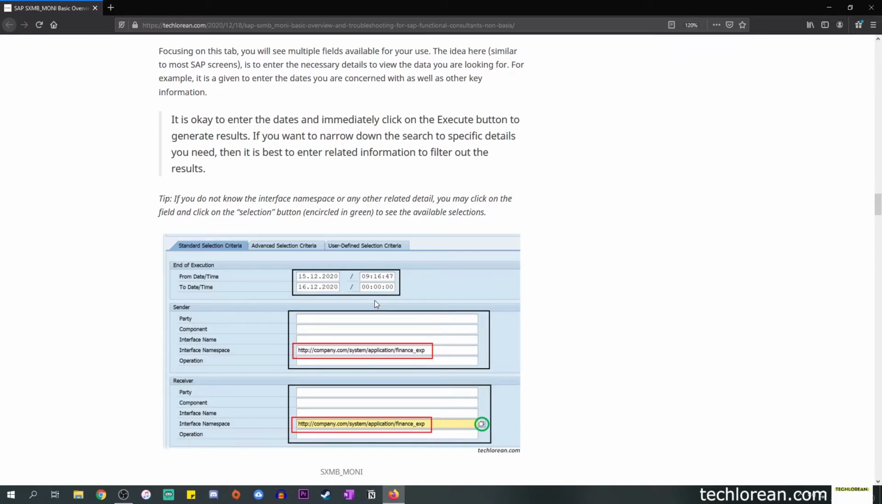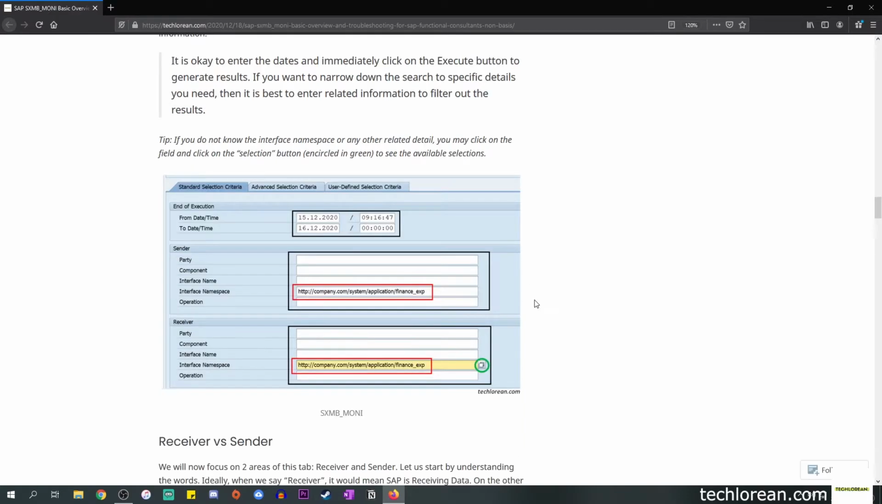And if you're not aware of what namespace you're trying to narrow down, you can click on this button. This is going to help you browse through the available selections for you to narrow down the results. There is a dedicated namespace for the type of data or interface that you're trying to focus on. Once you're pretty sure with the details that you have, even if it's just the namespace and the date, we